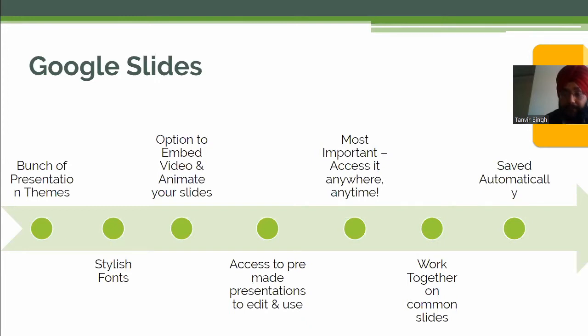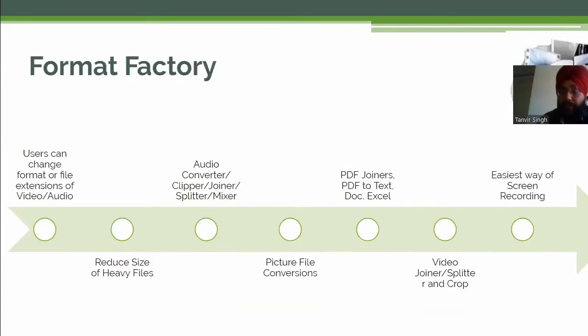And next to it we have Format Factory, which is the simplest software. I always use Format Factory for recording my screen because it is very simple and user friendly. In OBS, you may find that you need some IT skills, because it's free and open source, and you have to find the things. You can have an audio input, you can have a video input, but in Format Factory you just have to click on the screen recording button, and it will give you the options to click on the record button and the stop button. The recording will be saved in a different folder where you can watch your tutorial to see if it is prepared okay or not.